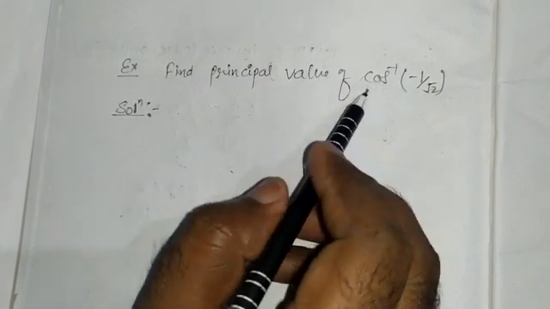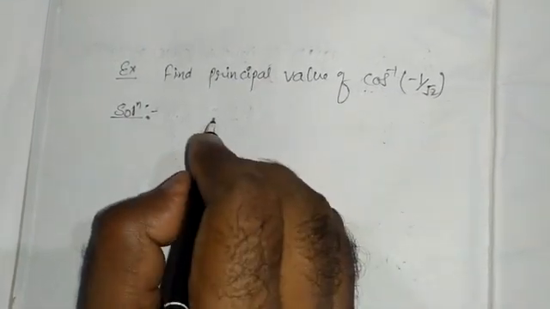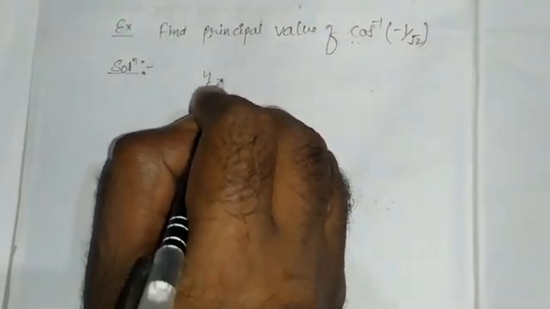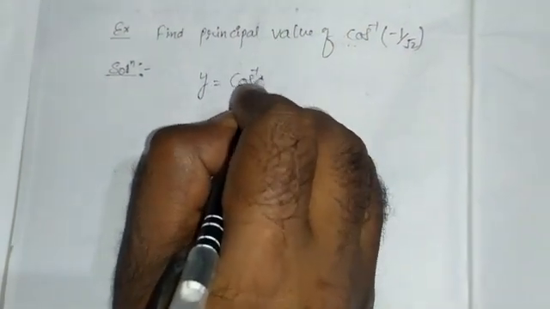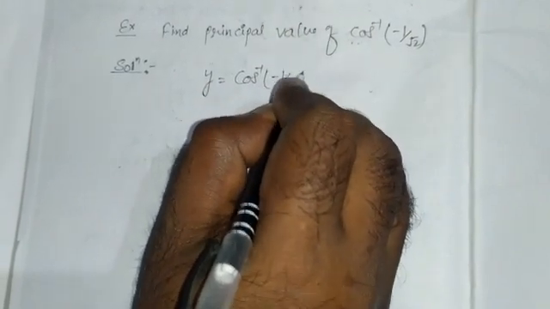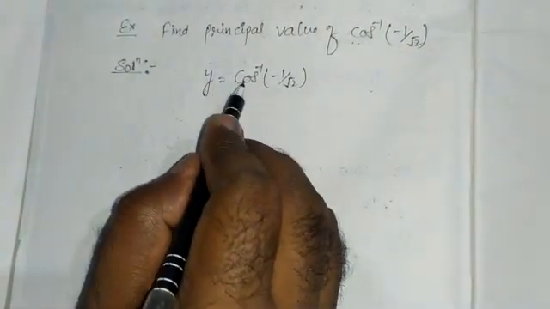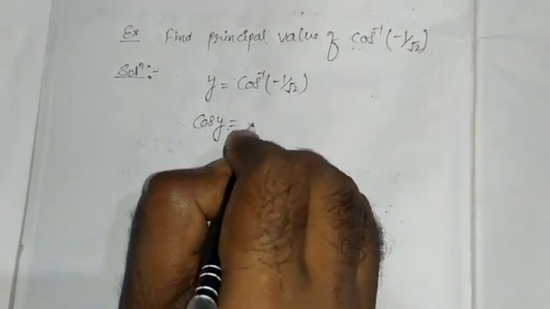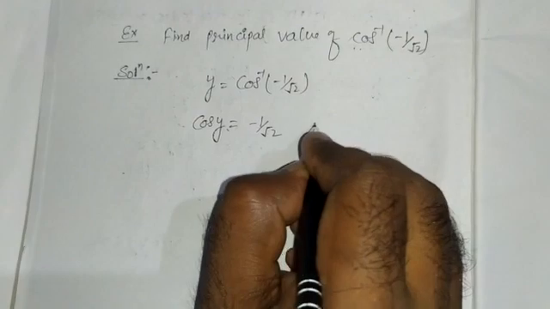The given function is cos inverse minus 1 upon root 2. We have to find the principal value of this. To do this, first you have to write y is equal to cos inverse minus 1 upon root 2. From here you can write cos y is equal to minus 1 upon root 2, where